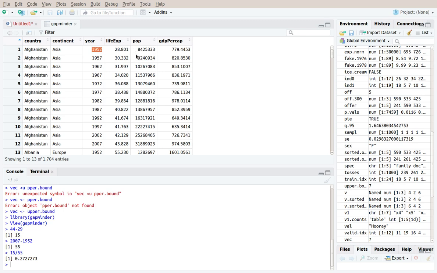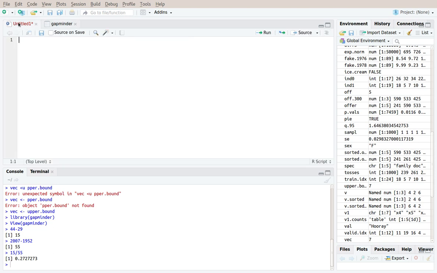Okay, so what do we need to do here? For each country, we want to compute the difference in the life expectancy and the difference in the years recorded. That's actually the same for every country in Gapminder, but we will not be assuming that. In this data frame, 2007 is always the latest year and 1952 is always the earliest year. So I'll load Gapminder,